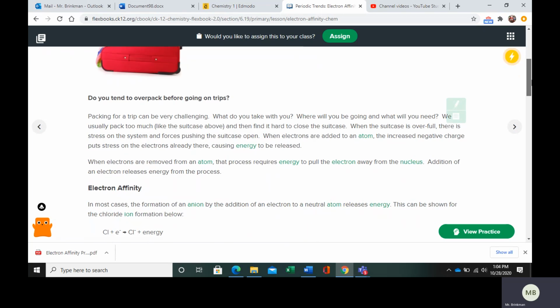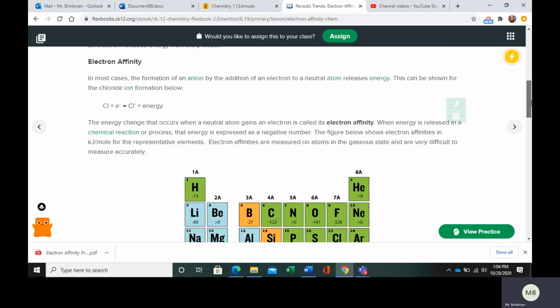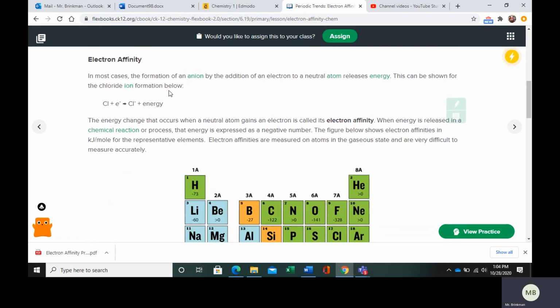So let's take a look at this trend. In most cases, when we form an anion, an ion with a negative charge, by adding an electron to a neutral atom, there's going to be a release of energy. All right, and it looks like this as far as a chemical equation,